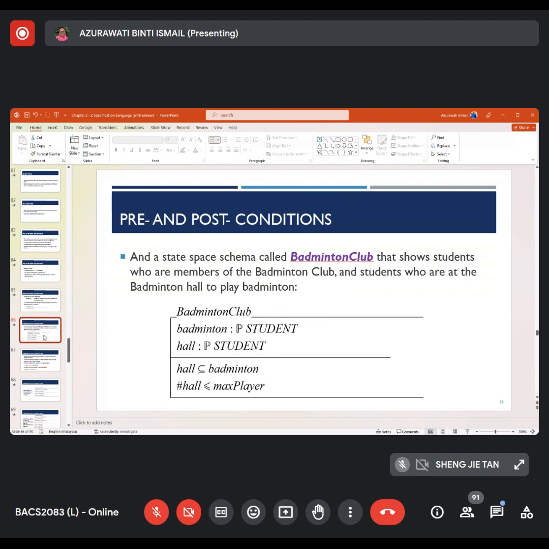Inside the state space schema here, I am showing that I will have two variables that deal with the database, which means my database will have two columns. Just now I put email, name, email, 5 columns, right? Now for this scenario, I have 2 columns only: one for badminton, one for hall. Badminton is to show all the members in the badminton club. The variable badminton here is to show all the students who are actually